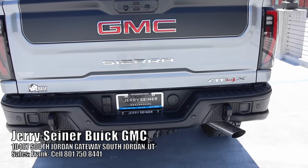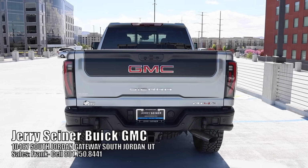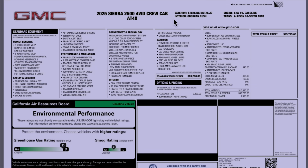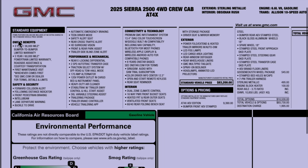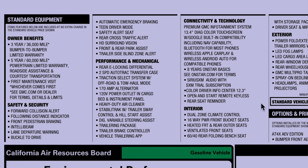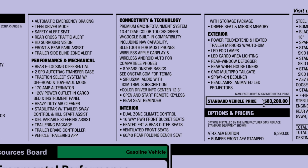Let's go ahead and check out the window stickers so you guys can see options and features on this build. At the very top is the description with the colors for the interior and exterior. And then this is a short listing of the standard equipment. Be sure to pause. Now base price comes in at